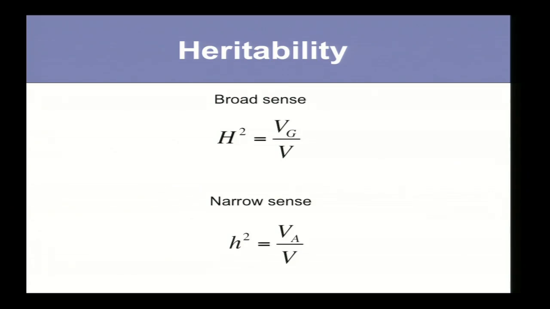Now, we have two very important notions. We have broad sense heritability and narrow sense heritability. Broad sense heritability is how much of my variance is genetic variance: what proportion of total phenotypic variation is due to genetics. And narrow sense is how much of total variance is due to additive variance. Right? So this is how we measure whether a trait is genetic or non-genetic.